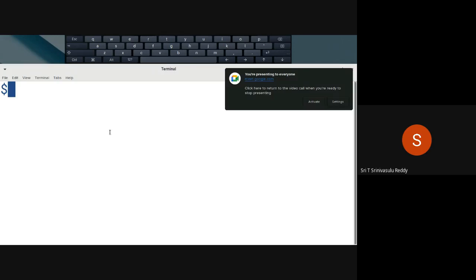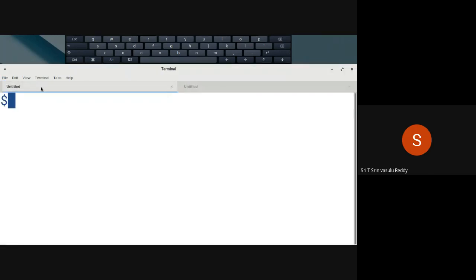So this is the terminal that we have. Let me open a tab here so that we will have two things, out of which one of them is a shell. I'm just putting a title to this.